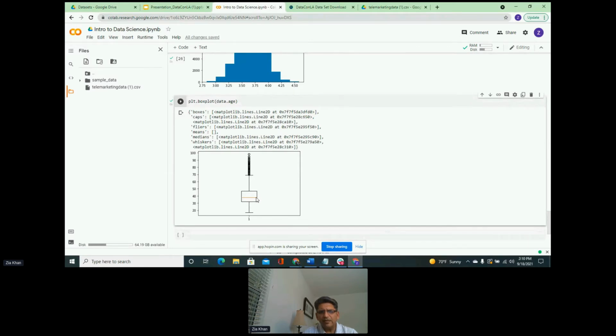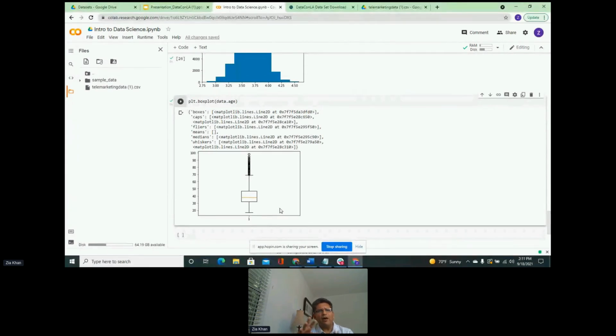The line in the center, which is a yellowish orange line, is the median. The top of this box is the 75th percentile of the data. And then these are called the whiskers. Anything above or below the whiskers are called outliers, or statistical outliers.